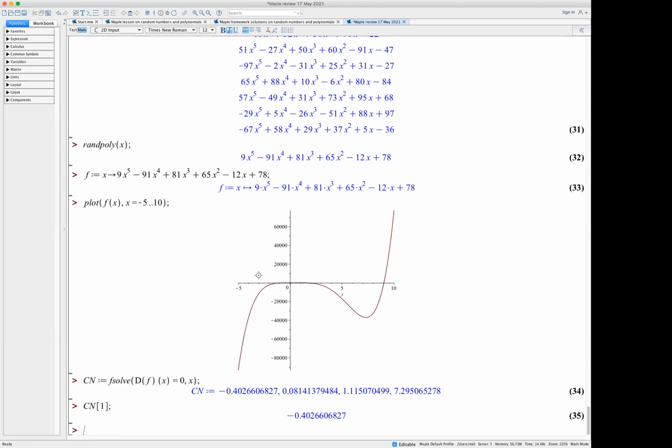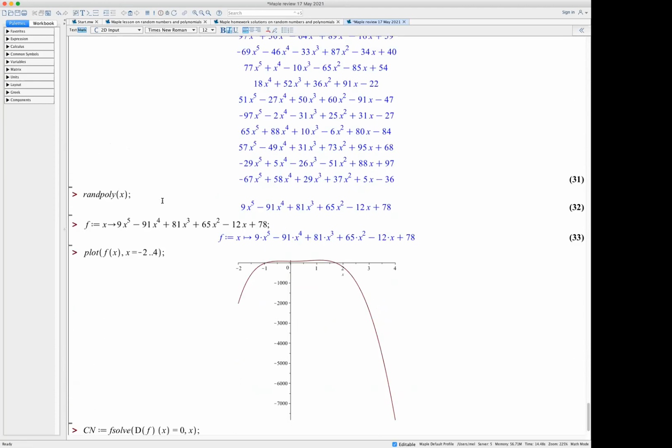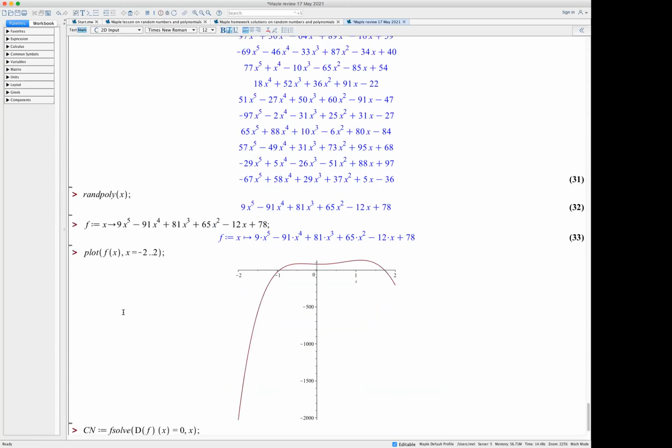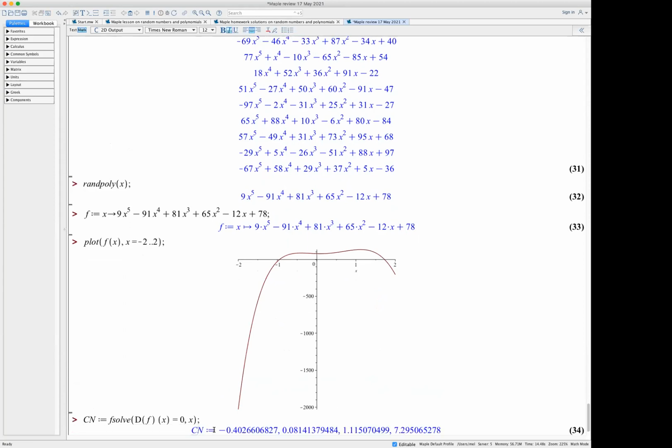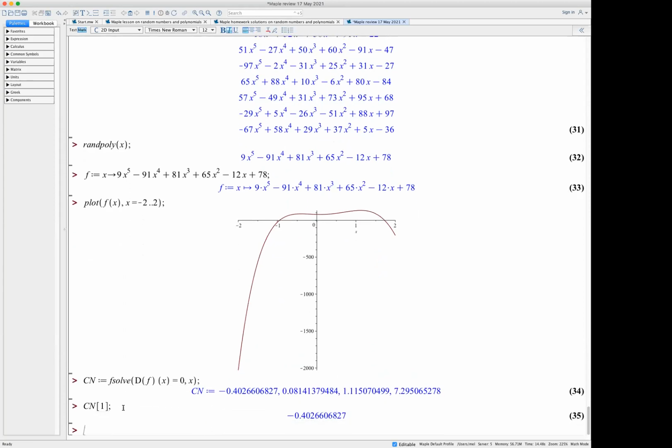It's not clear what's going on in here. Let's blow this up a little. Let's graph this maybe from -2 to 4. Even -2 to 2. Yeah, so it looks like maybe here there's a max, here there's a min, here there's a max, then there's a min down there somewhere, just to get an idea of what's going on. But in any case, we have the critical numbers, and